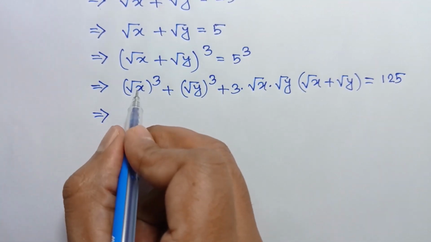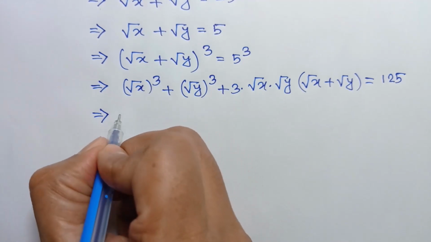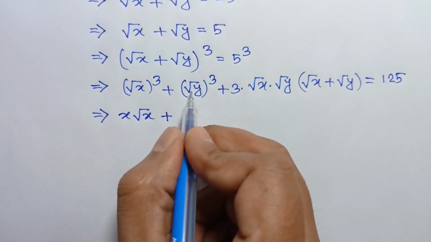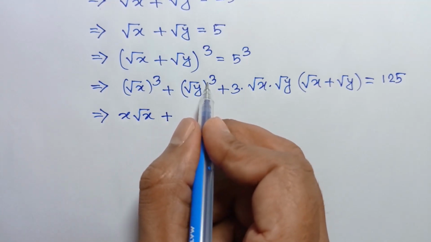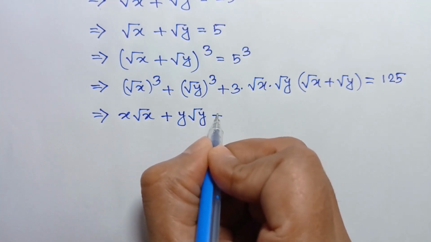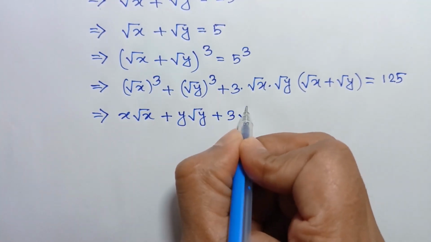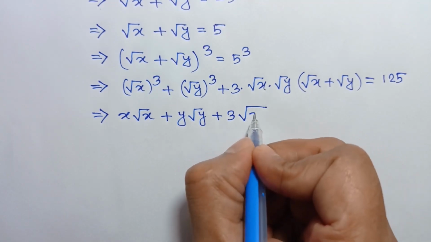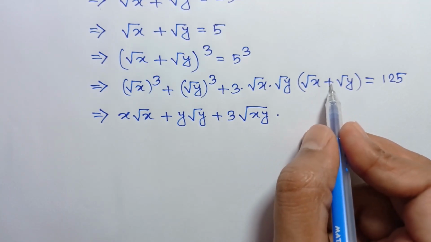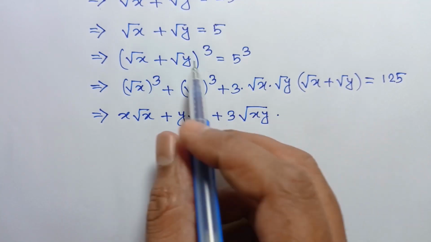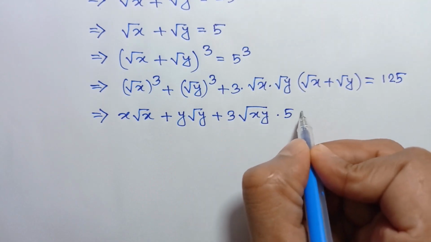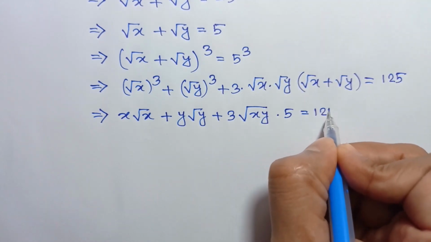or square root of x whole cube is equal to x square root of x, and square root of y whole cube is y square root of y, plus 3 square root of xy times the value of square root of x plus square root of y, which is 5. So substituting this as 5, it is equal to 125,